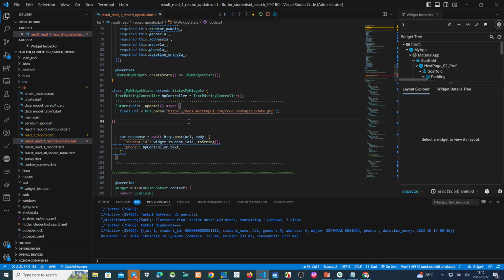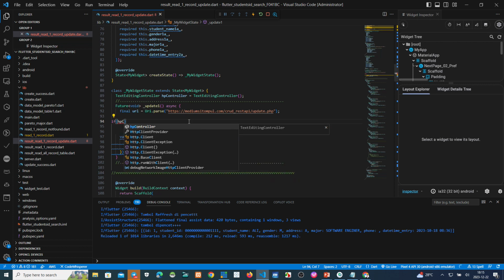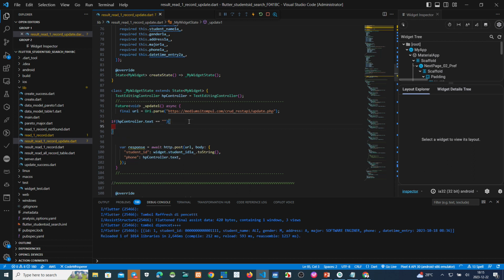If HP controller text is null, equals blank, so we must use set state.